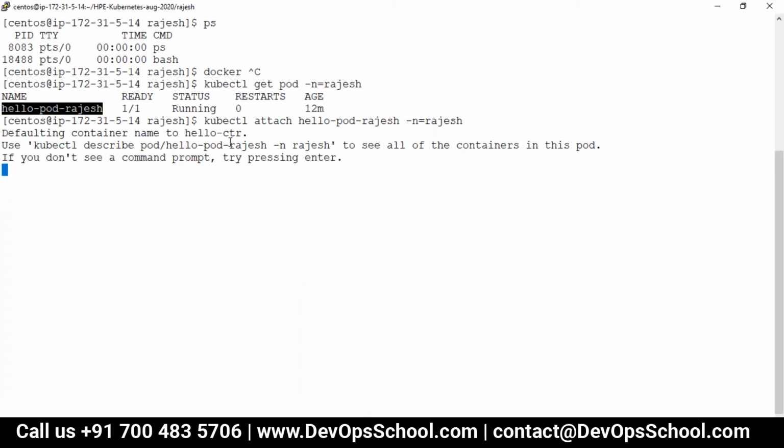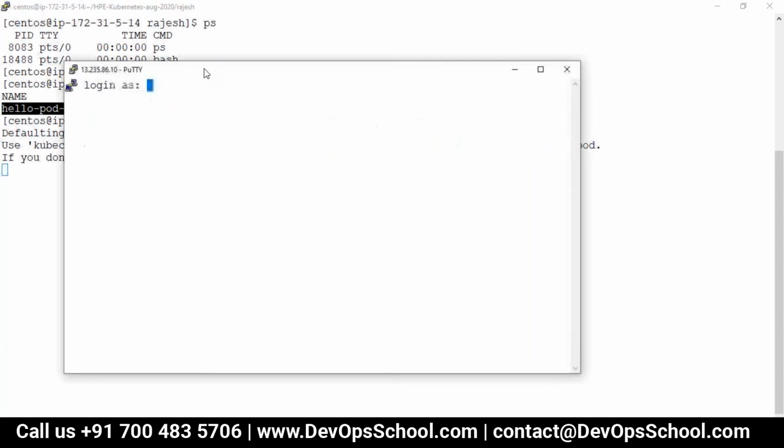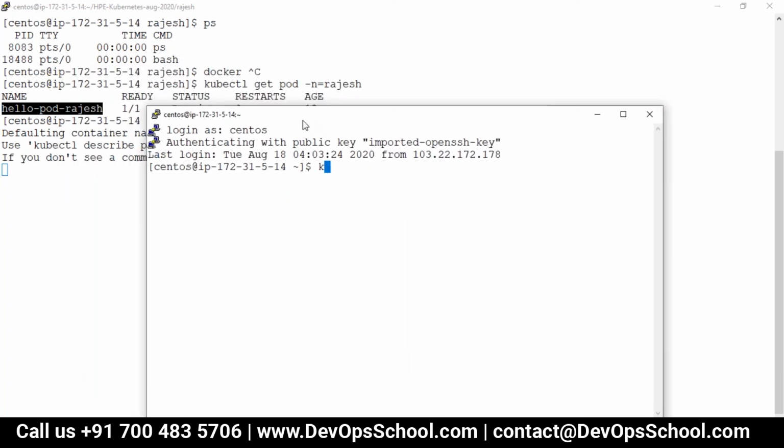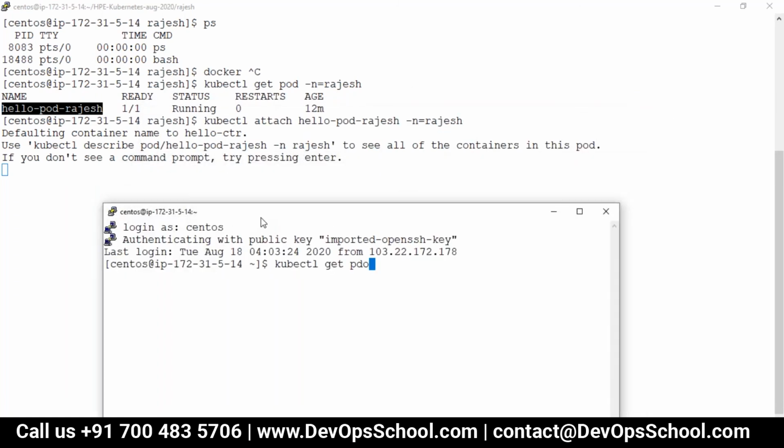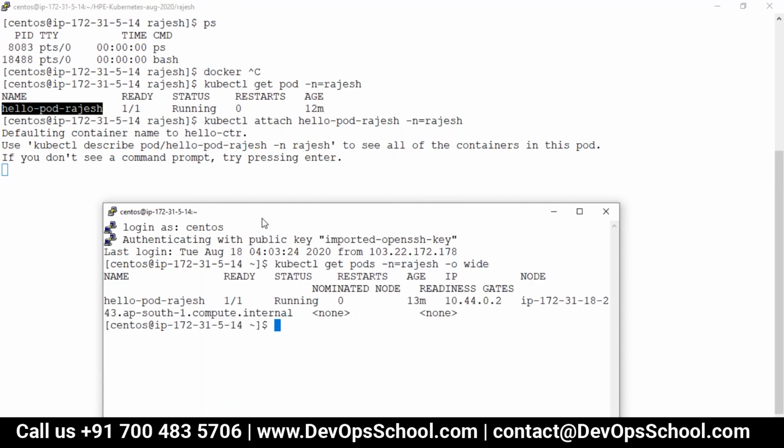Where are you right now? You are on the nginx console. You become that guy. So how do I see whether it's nginx or not? Duplicate session, CentOS, kubectl get pods -n Rajesh -o wide, and you see here what the IP address is.